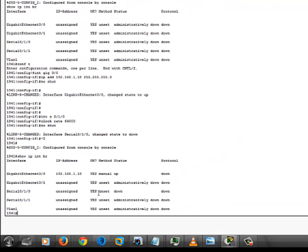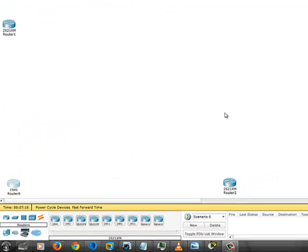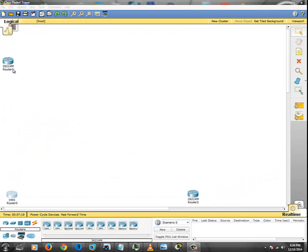But take a look at how this has changed from this to this. We've got our first gigabit Ethernet card. It's up and not unset. It is not administratively down. The protocol is down, however. And on the serial port 0/1/0, all right, that's actually ready to come up. So this one,